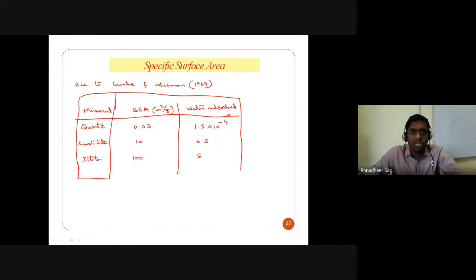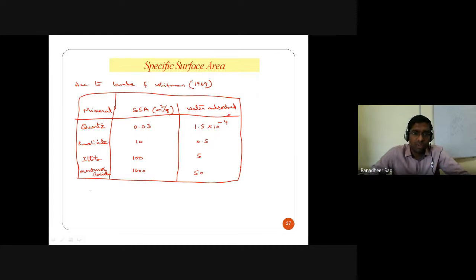And the other mineral that we have seen is montmorillonite mineral, where the size of that particular montmorillonite mineral is further smaller when compared to that of the illite or kaolinite mineral. So subsequently, the specific surface area of that particular montmorillonite mineral within a given mass of the soil quantity would be further higher. So the specific surface area of the montmorillonite mineral would be approximately around 800 to 1000 meters square per gram, and your water absorption capacity is going to be around 50.